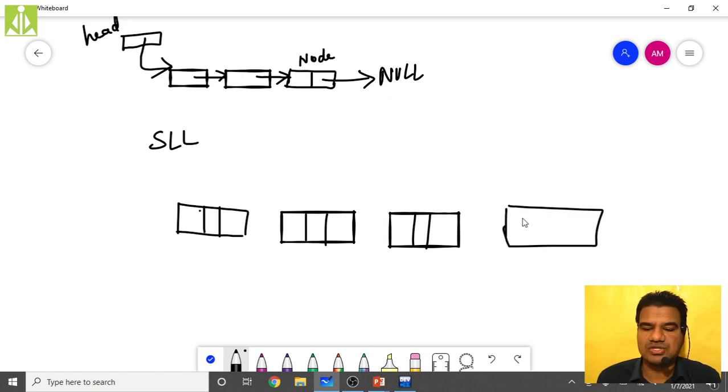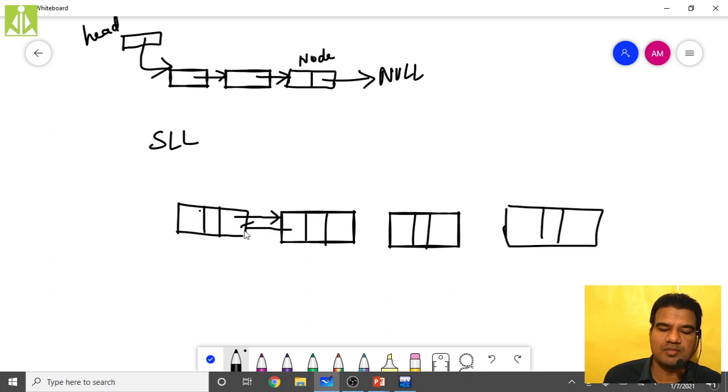So like this, we have the nodes in my doubly linked list, and the next pointer is going to point to the next node, and the previous pointer is going to point to the previous node. Here also, the same thing.